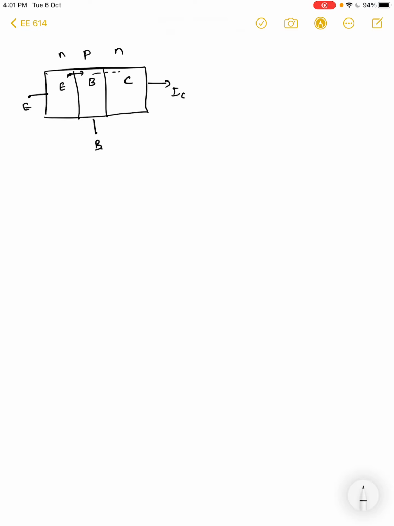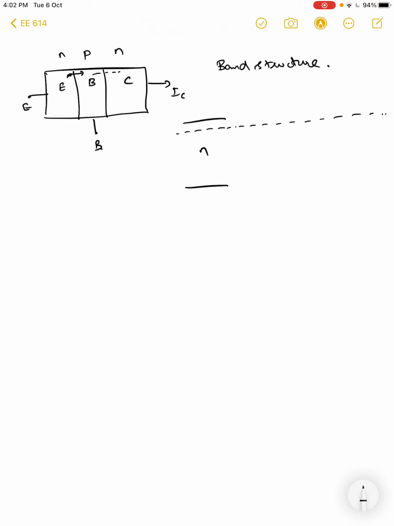Now let us try to understand the various currents which are there in this particular junction, and we will start with the standard equilibrium band structure. So we are once again considering the NPN type, right? So basically we have an N-type semiconductor. We want the emitter to be heavily doped, right? So we have the Fermi level close to the conduction band. You have an N-type semiconductor here. At equilibrium, of course, the Fermi level should be equal everywhere.